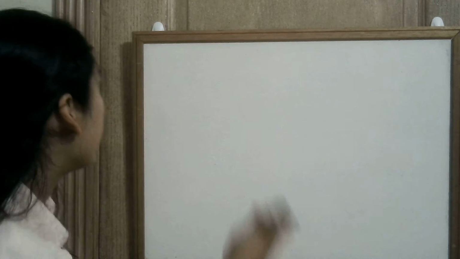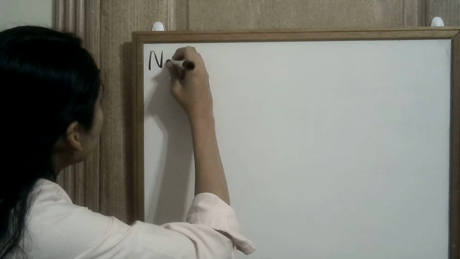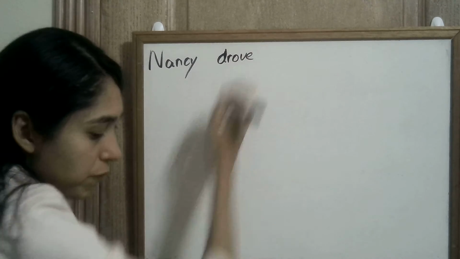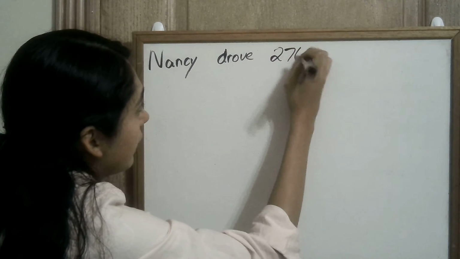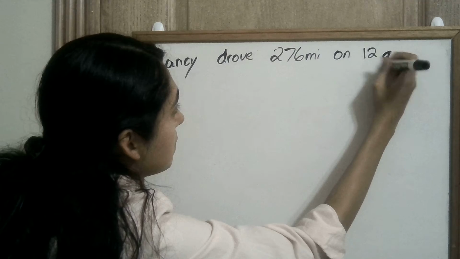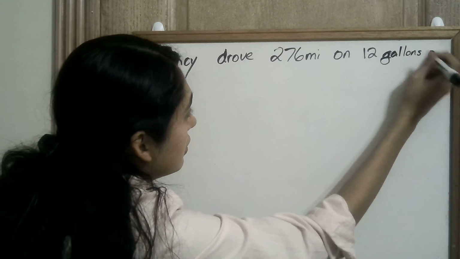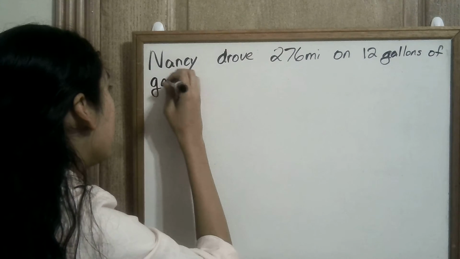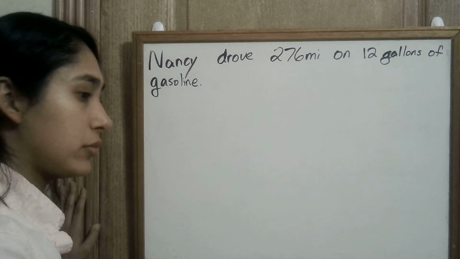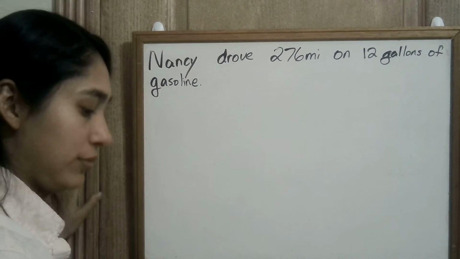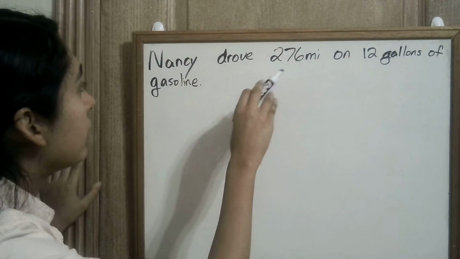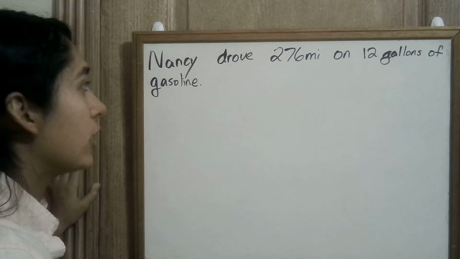So with this rate, let's say Nancy drove 276 miles on 12 gallons of gas. And by gas, I mean gasoline. If you follow British English or in European nations, they call gasoline petrol. So we're talking about here gasoline, what we put in our car. She, with 12 gallons of gas in her car,